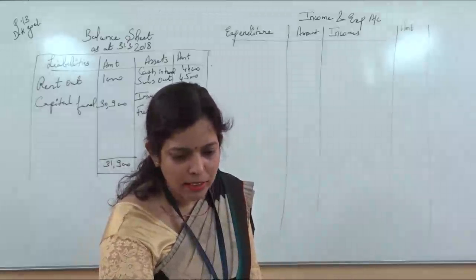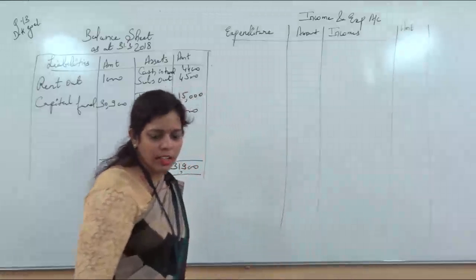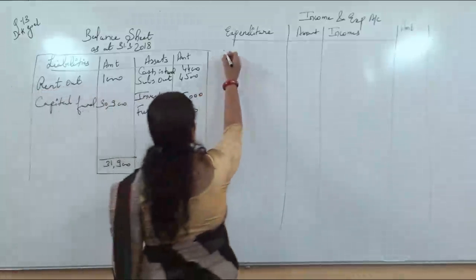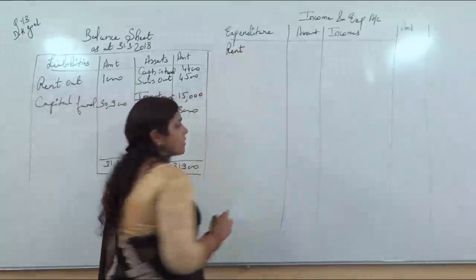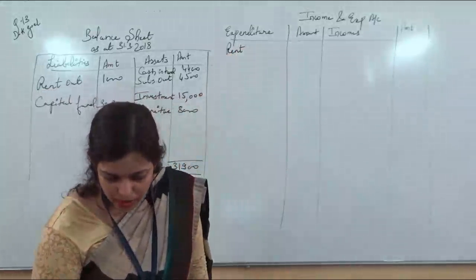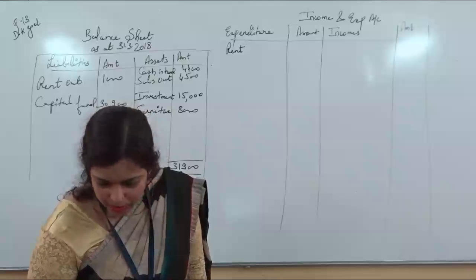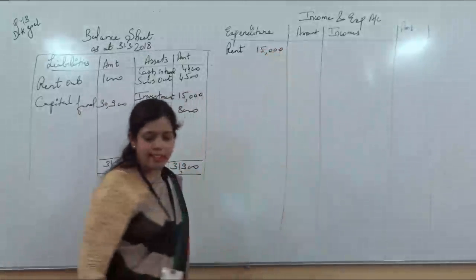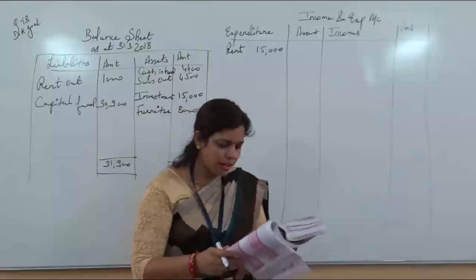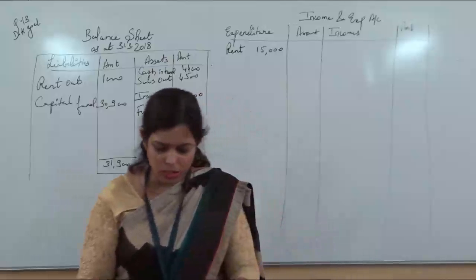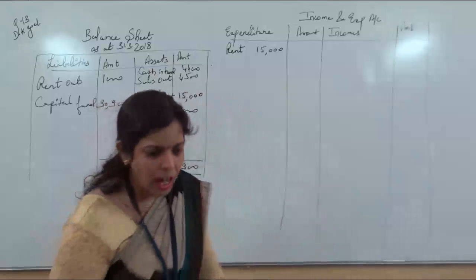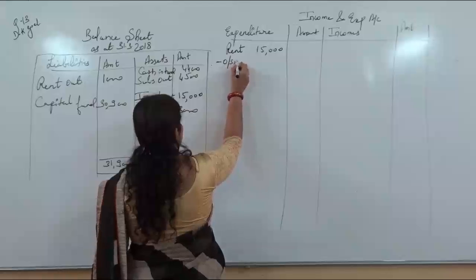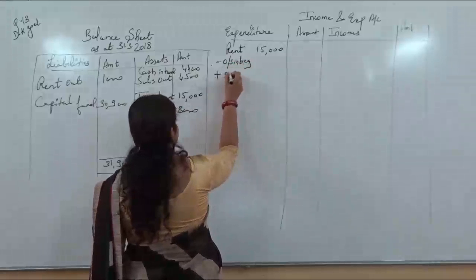You can see there is an adjustment in the salary. Salary, any adjustment is there? No. First of all, let us take all the adjustments. Let us take rent. In rent, you can see adjustment is there. What is the value of the rent? You can see in the question. How much rent is given? Rent is given 15,000. What is given in the adjustment related to rent? It is written rent outstanding at the beginning of the year was 1,000 and at the end was 1,500. Outstanding in the beginning will be subtracted. Outstanding at the end will be added.